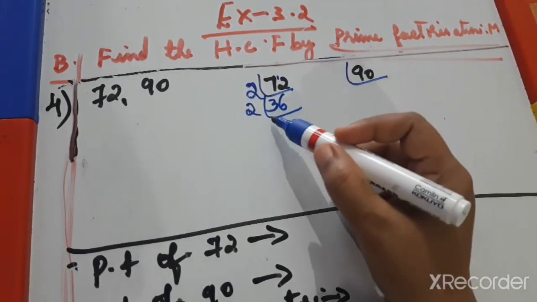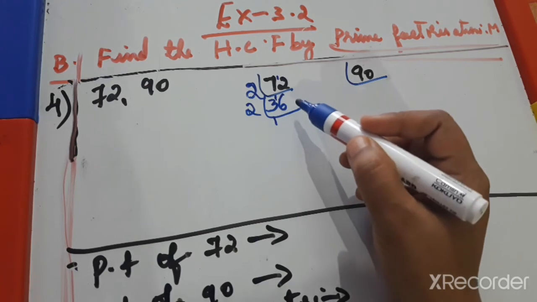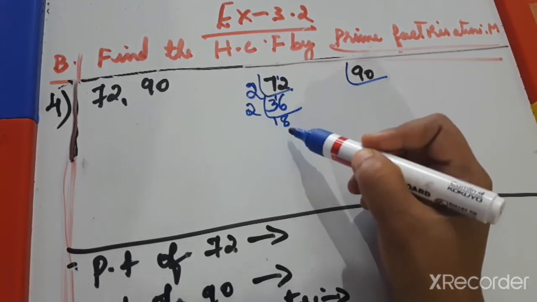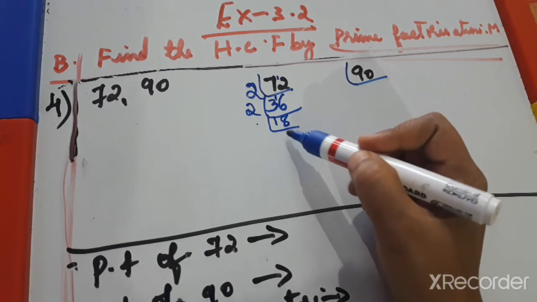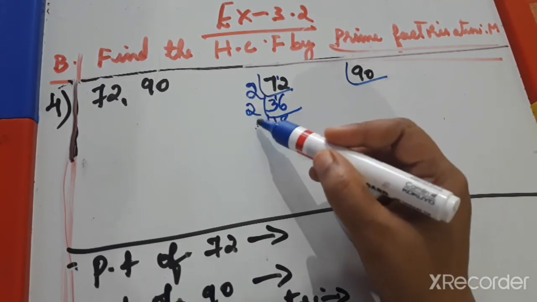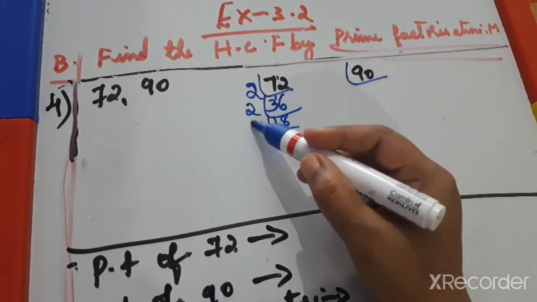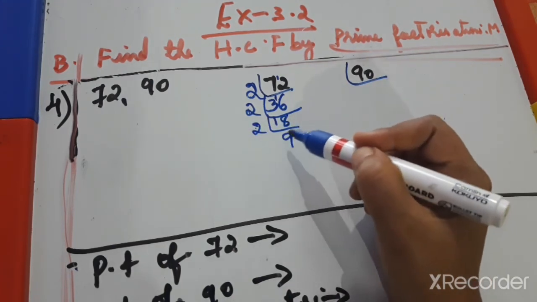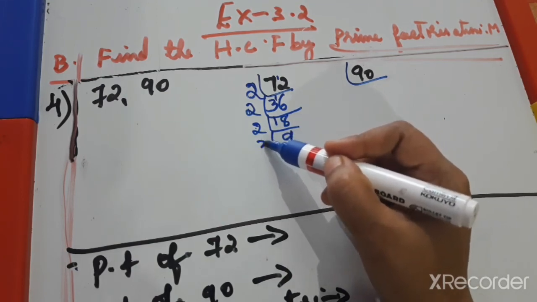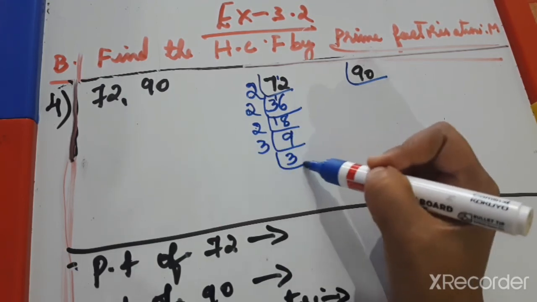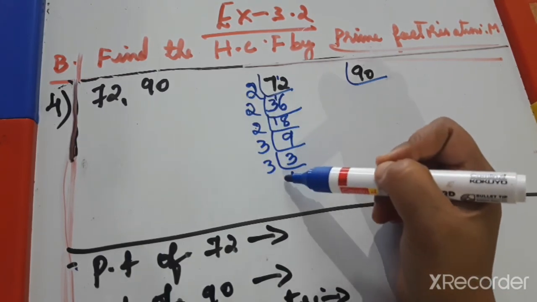2 ones are 2, 1 remainder, so together it becomes 16. 2 8s are 16. Again we could try with 9, but 9 is not a prime number. 2 9s are 18, but the outside number we always want to be a prime number because it is prime factorization. 2 is a prime number. Then 9 we divide with the 3 times table. 3 3s are 9, and 3 ones are 3. Here all are prime numbers.